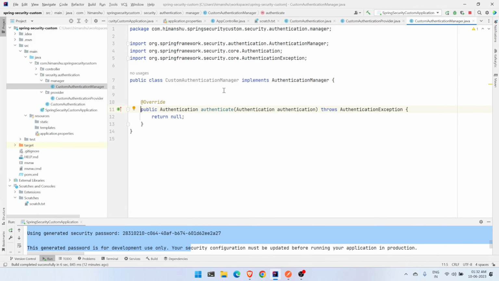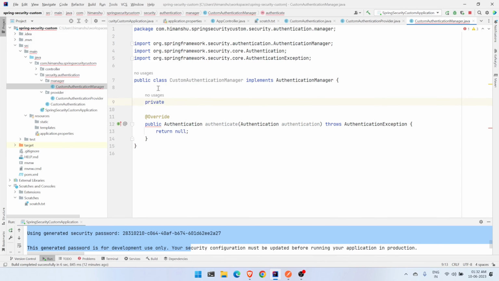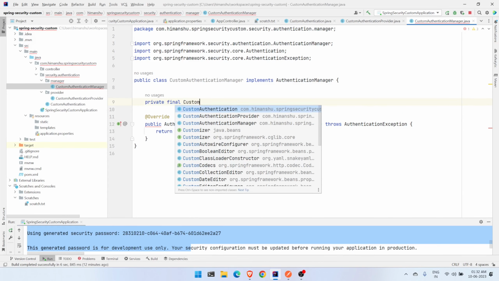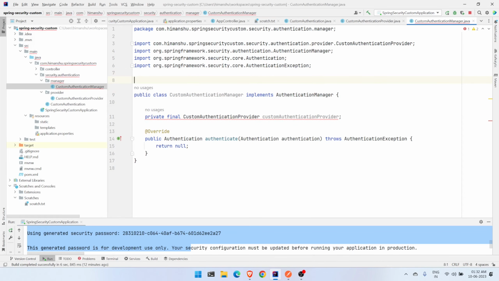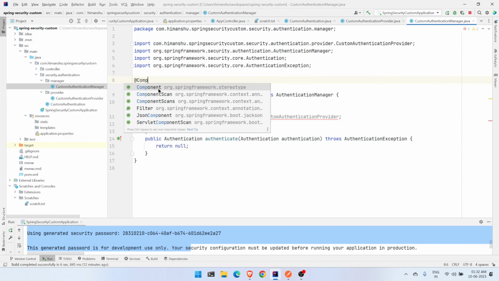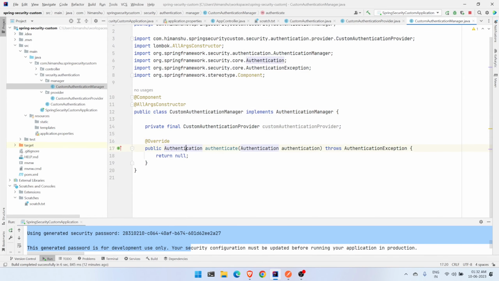Since the manager is going to invoke the authentication provider, we'll say private final custom authentication provider, and we mark it as a component, and we say all args constructor,